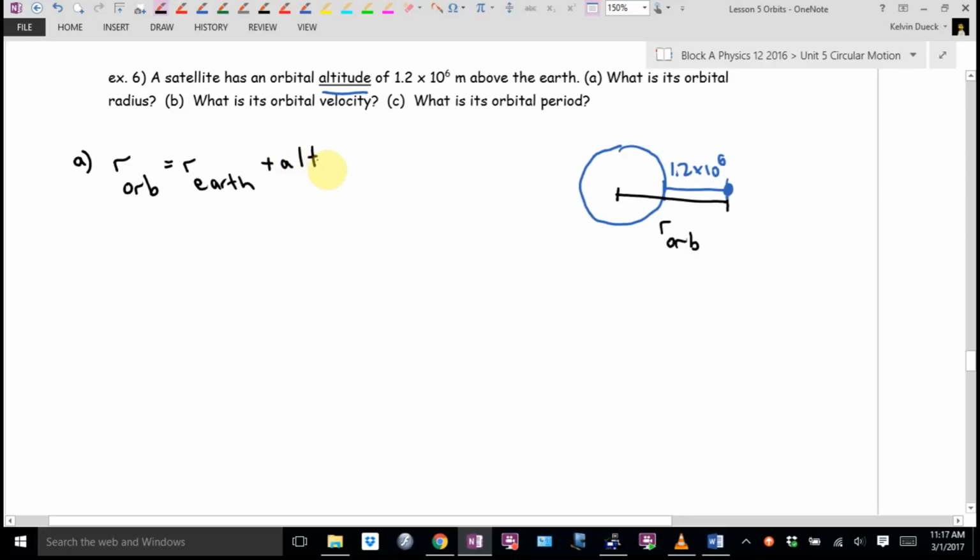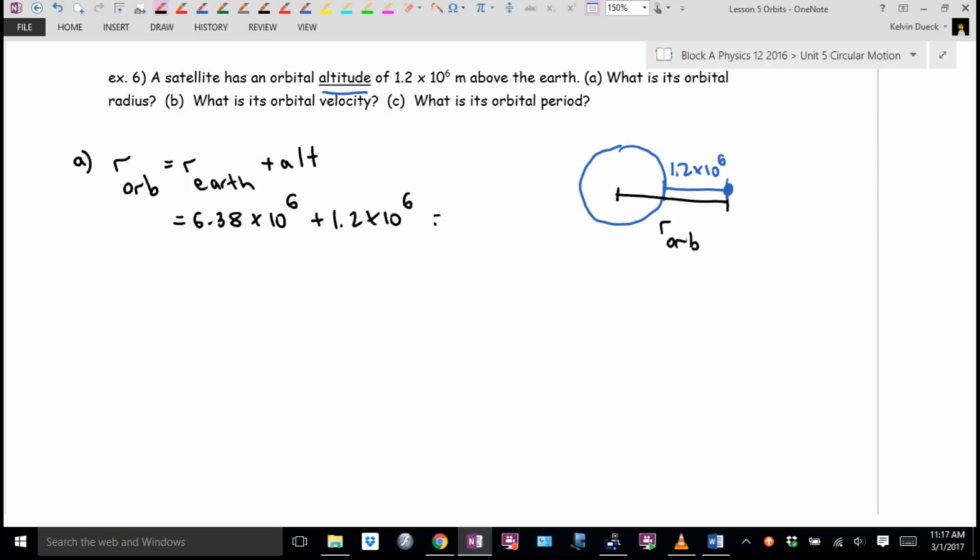plus the altitude. It's going to be 6.38 times 10 to the 6th plus 1.2 times 10 to the 6th. Since these are both 10 to the 6th, I could probably add these in my head. It's going to be 6.38 plus 1.2, 7.58 times 10 to the 6th. Double check me, but I'm pretty sure that'll work. If the scientific notation powers don't match, you've got to be a bit more careful doing it in your head, but if they match, I can just add the numbers like they're regular numbers. It is 7.58